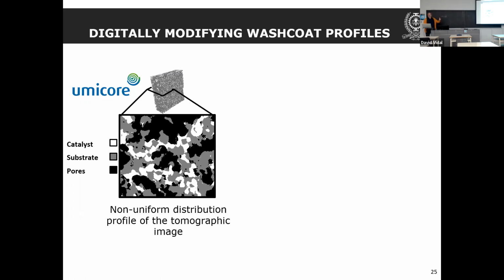So this out here is only a 2D cross section, just to illustrate. So you see, you have in white the catalyst phase. In black, you have the pore space, and in gray, you have the substrate, which is the cordierite ceramic. So initially, it was a non-uniform distribution profile. From this non-uniform distribution profile, we were able to recreate with some algorithm that we developed